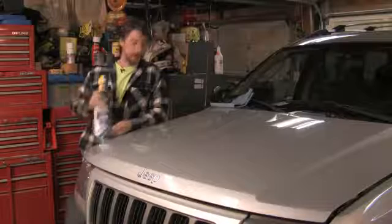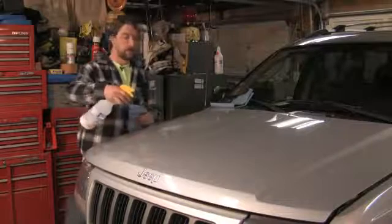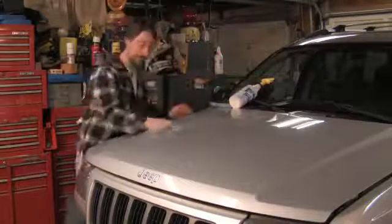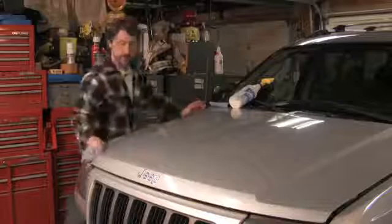I have some already pre-mixed in here, but what you want to do is just spray a light coat on your vehicle here and just wipe it in. These quick waxes you can usually do relatively easy, about 15-20 minutes, maybe half an hour. You can actually coat your whole vehicle. Just wipe it down,